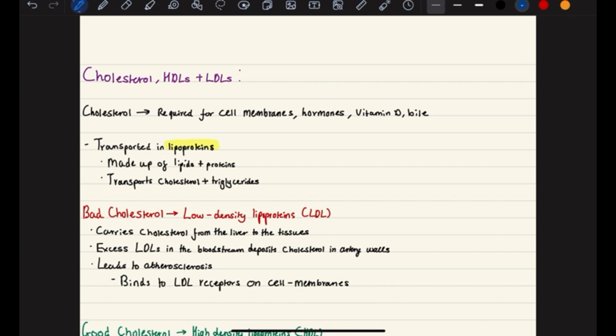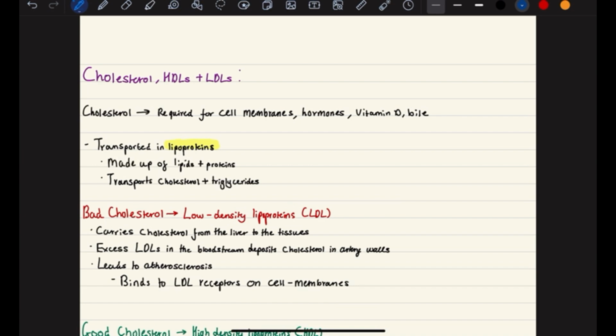Cholesterol, HDLs, and LDLs. Let's start to talk about it. So cholesterol is a fat, right? Very important fat in the body, required for your cell membranes. We'll talk about that in topic 2. Required for some steroid hormones specifically. That comes a bit later, more in your A2. Vitamin D, bile. These are just good things to know about uses of cholesterol if they're asking you a question. I would typically stick to cell membranes because that's the one that you're going to talk about more in your